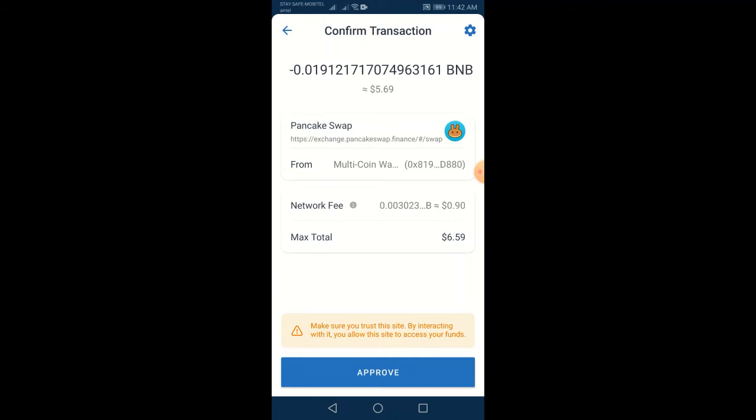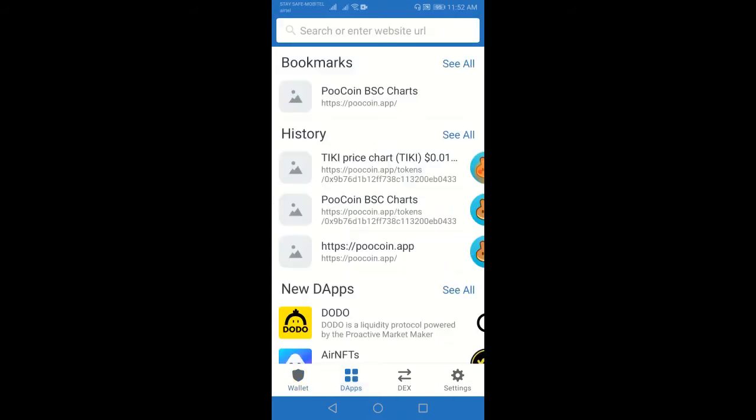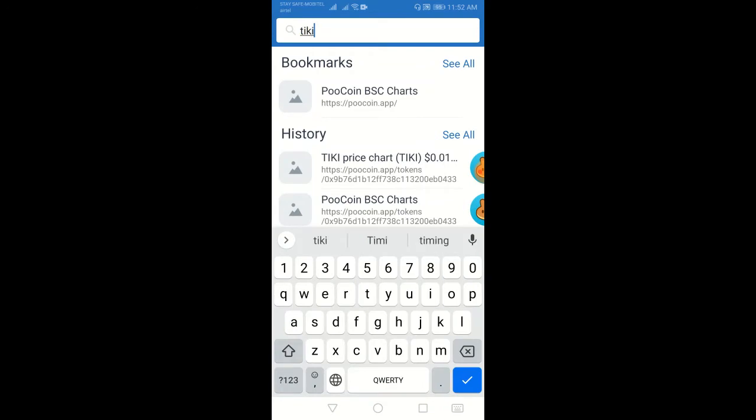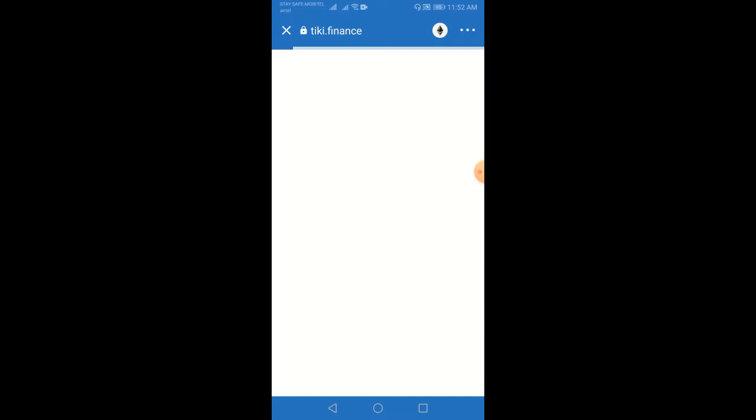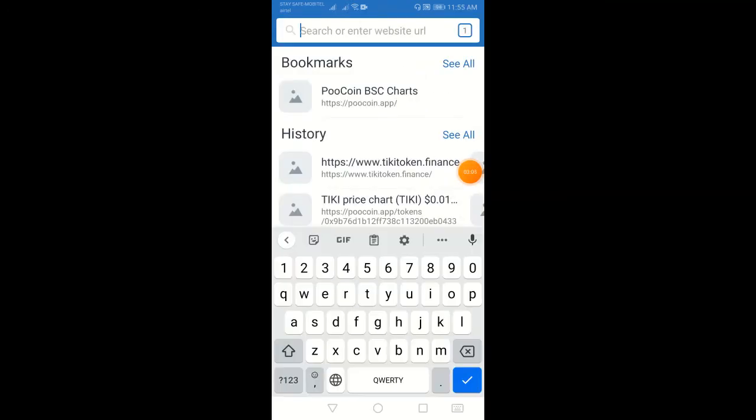After that, in the next step I will guide you how to go to the Tiki token dashboard and see your BNB reward statistics. After that, you can see the amount of Tiki token you bought. Then go to the DApps and go to Tiki.finance, the Tiki token.finance website.